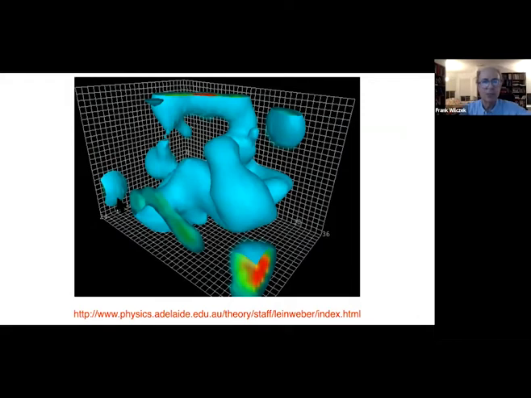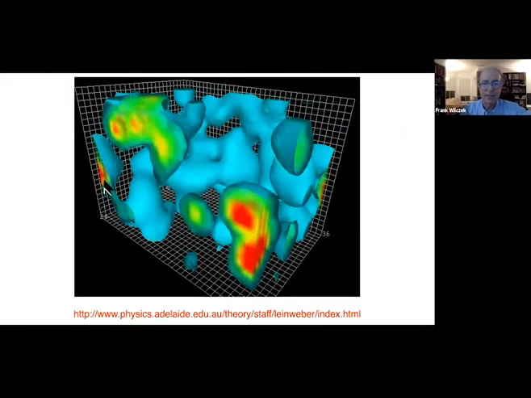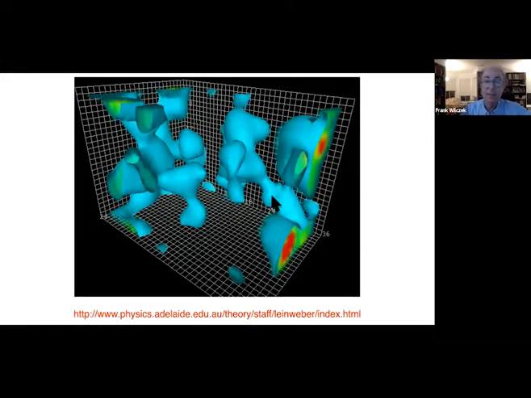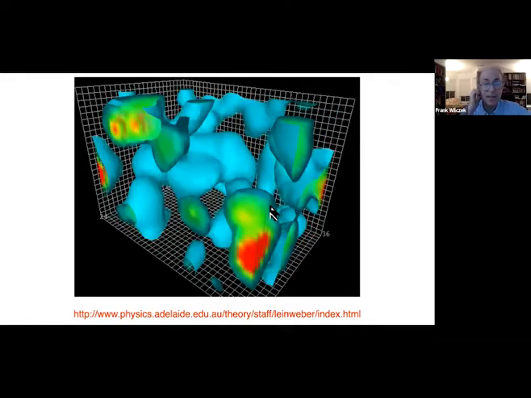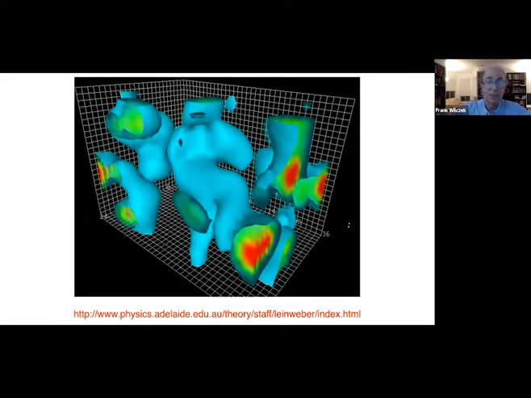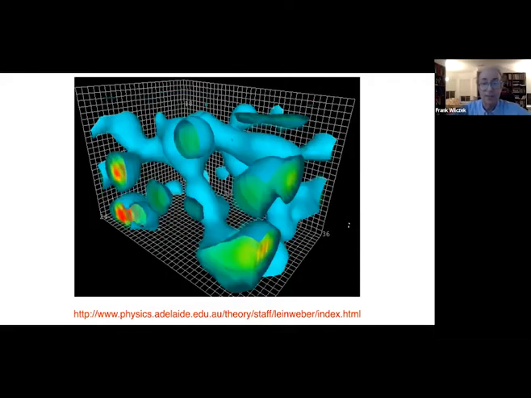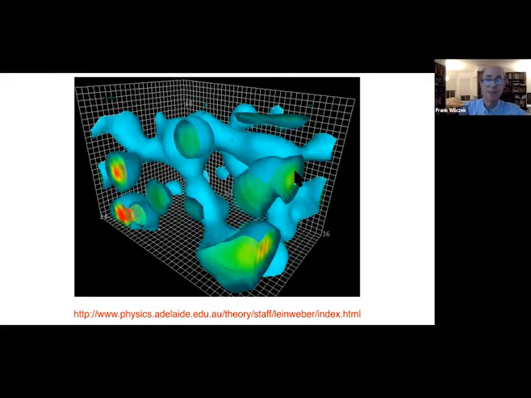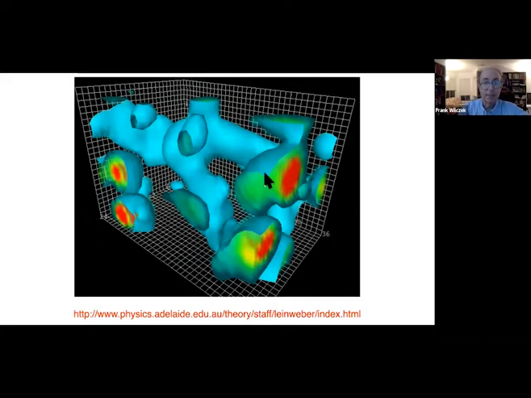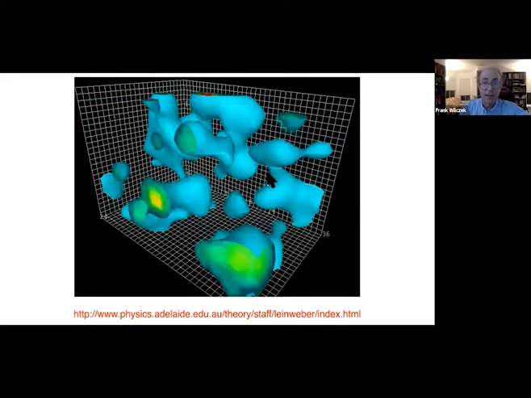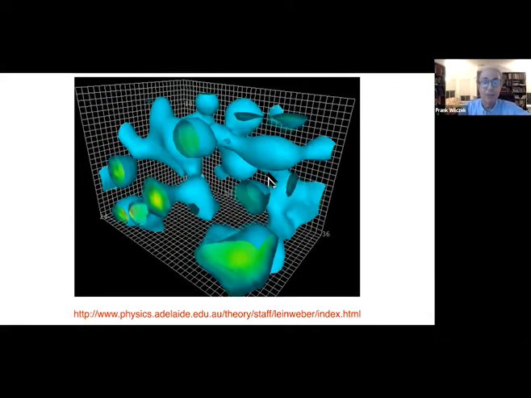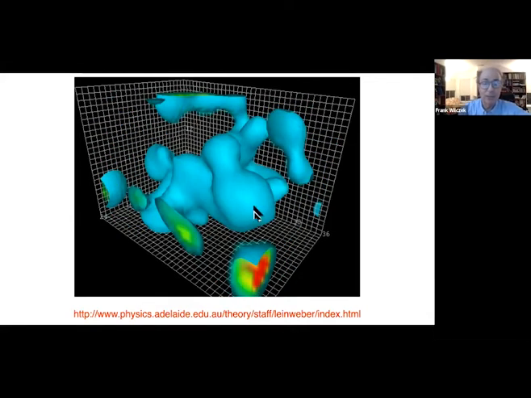The resolution of this picture is like 10 to the minus 14 centimeters in space, and the time resolution of the snapshots that go into making the film is about 10 to the minus 24 seconds if you scale from the computer simulation to the physical behavior that it's simulating. So if our eyes were much more nimble in what they could see and could see with much higher spatial resolution, this is what we'd see.